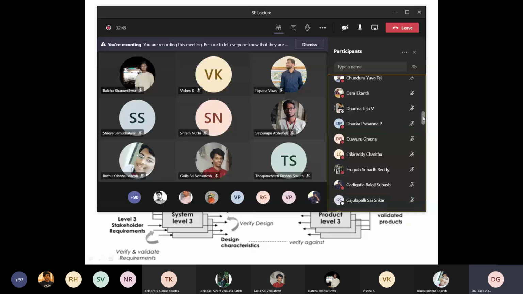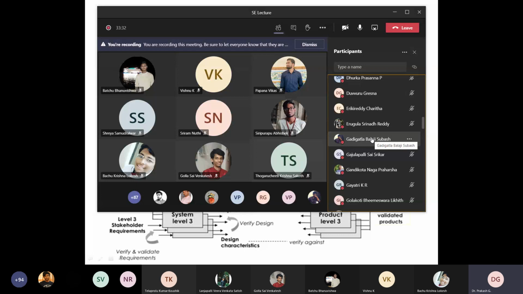I will just call some students. Sai Srikar. Is Sai Srikar there? Okay, I will note down this name, Gajulapalli Sai Srikar. Okay, Gayatri. Then Naga Prakarsha.